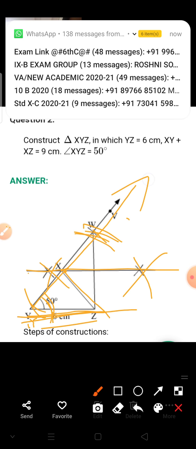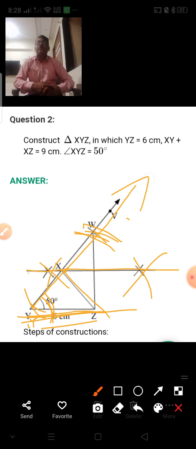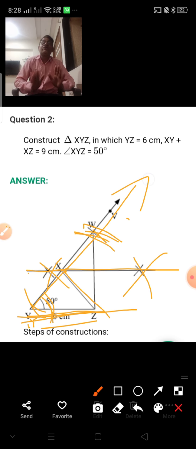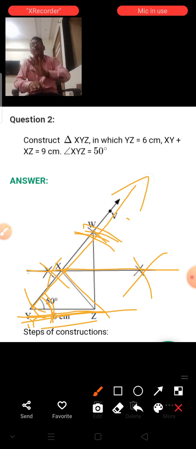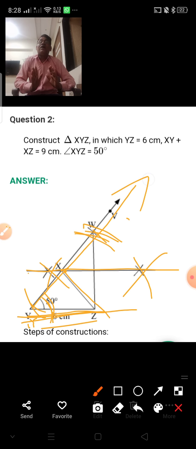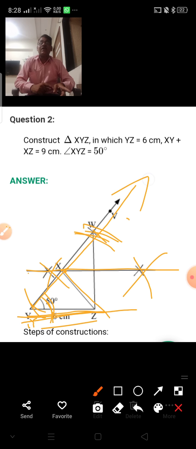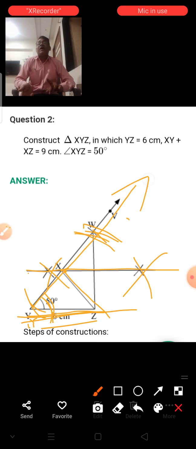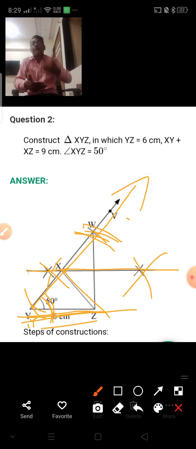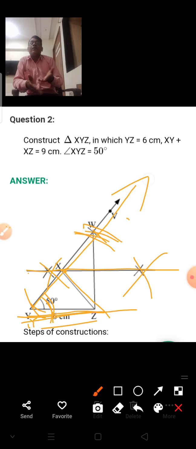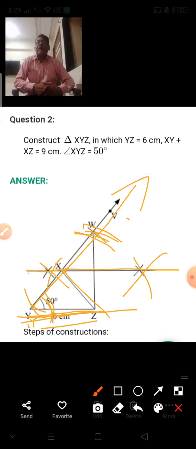Right? You get it now? Okay. This is question number 2. No need of writing the steps of construction. Okay, again I explain, no need of writing the steps of construction, only you have to construct. Keep in mind the steps and you have to construct the given triangle. In 4.1, all sums are given there, similar sums are there. Base is given, one base angle is given, and addition of other two sides is given, means steps are same. Okay, only lengths and angles are changed there. All steps are same. Okay, so this is question number 2.